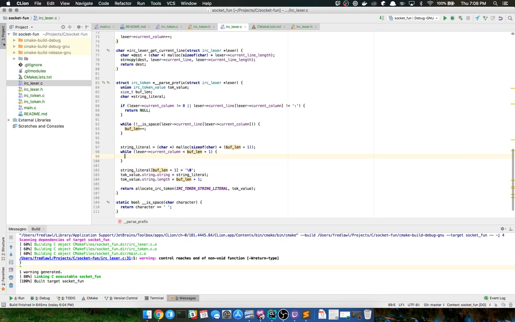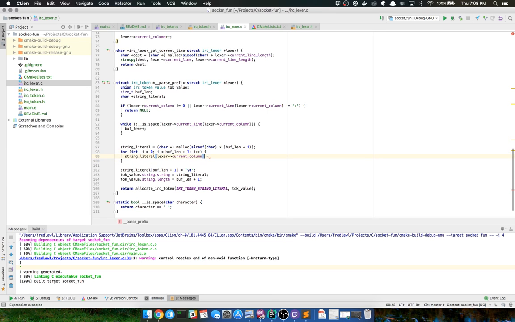And while we're in there, we're going to do string literal lexer current column equals... well, to be more correct, I should have some sort of a counter there, just because I don't want to count on that current column, so I'm just going to create a small little index here. While I is less than the buff lane, we're going to do I++.